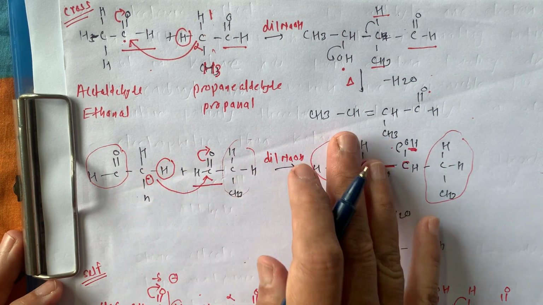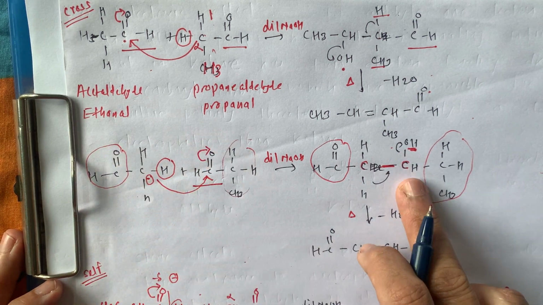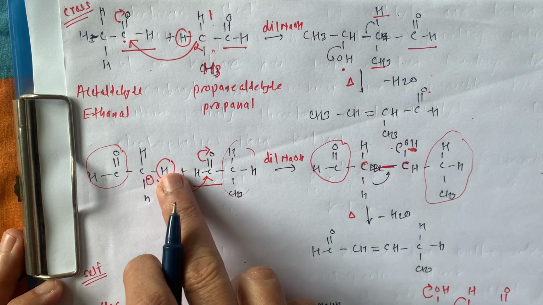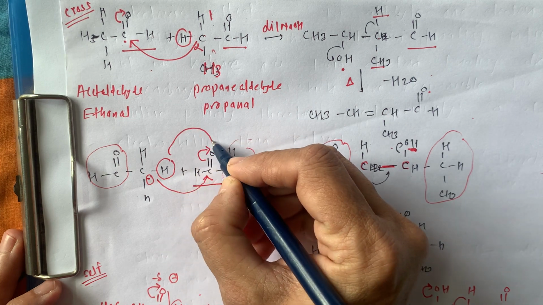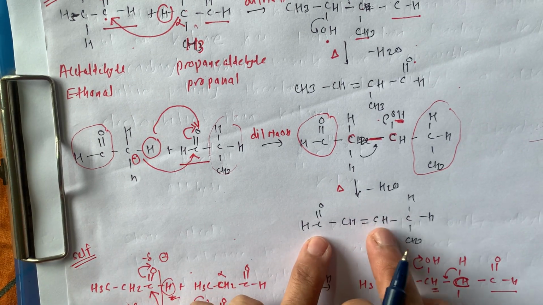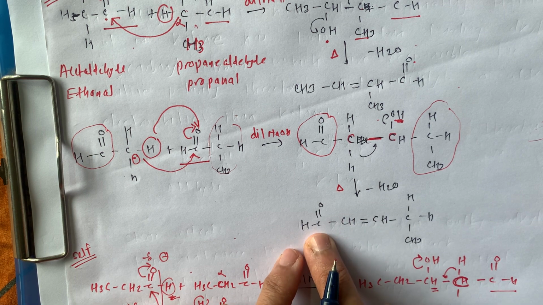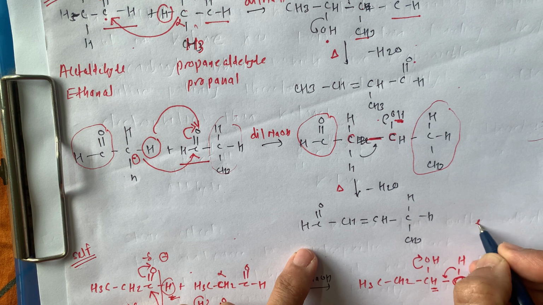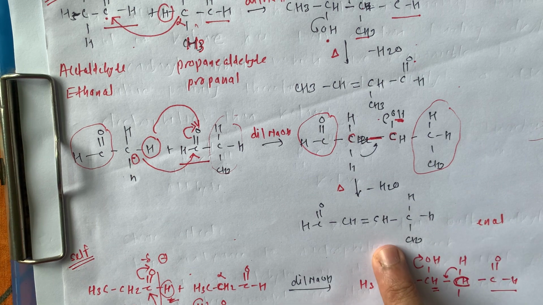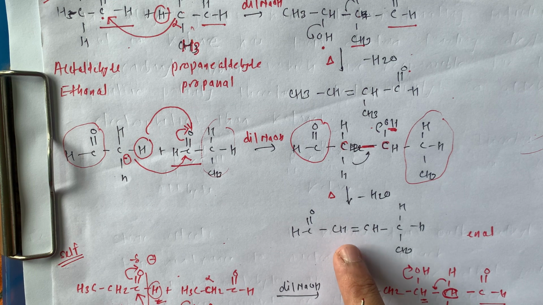The change between these two is that there is formation of a C single bond, and this carbonyl oxygen is converted into a hydroxy group by attaching this H to this oxygen. Here it is OH. So this is the fourth product, and there is a minus H2. Then again there is one double bond and one aldehydic functional group. So this is nothing but enal. The IUPAC name of this compound is also given in the textbook, but first you try and then find out whether it is correct or not.